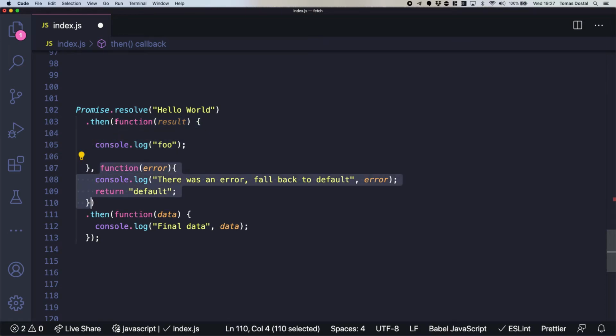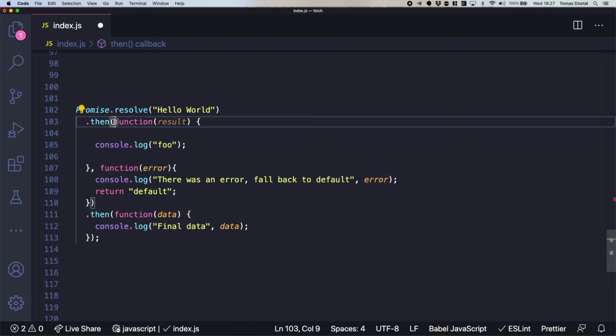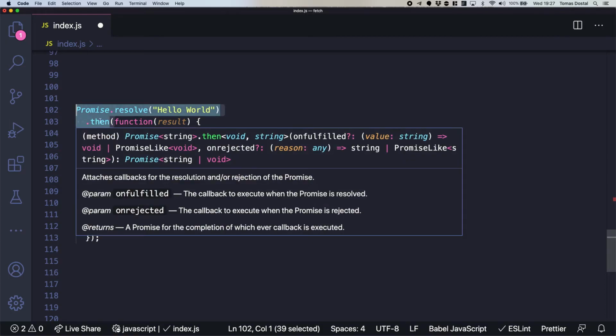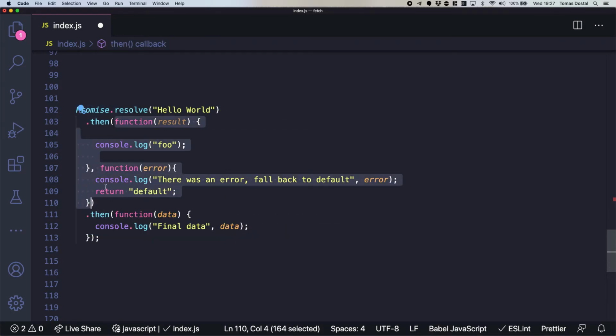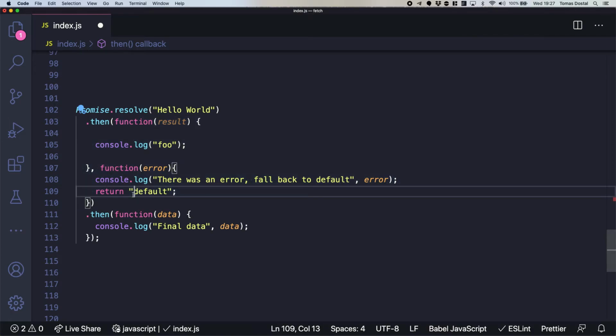So at this point, with this then, this is all synchronous. We're saying to the computer, here is the promise, it will resolve, and then I want to do something. Whatever happens after here is already asynchronous. You don't know when this is going to happen, right? Sometime in the future. So you're basically just writing the syntax for it to actually be executed sometime in the future.